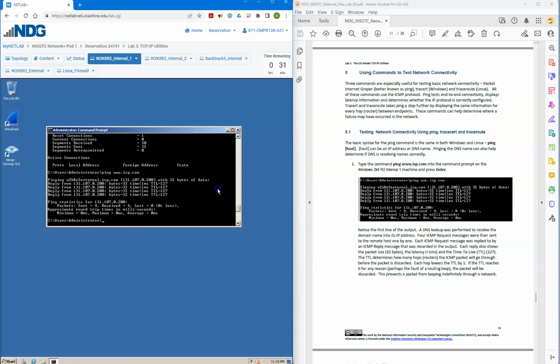Four ICMP request messages were sent to the remote host one by one. Each ICMP request message was replied to by an ICMP reply message that was recorded in the output. Each reply also shows the packet size, 32 bytes. The latency is less than 1 millisecond,